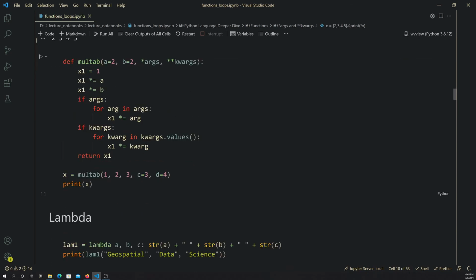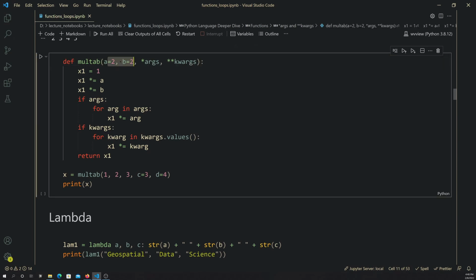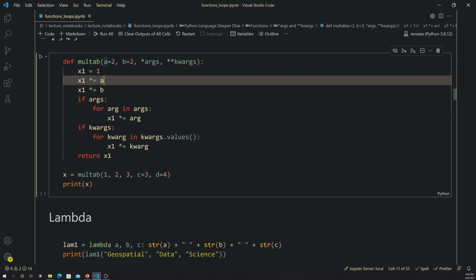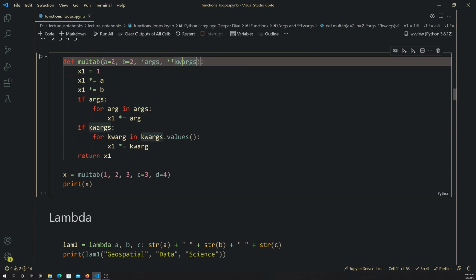So let's say, for example, you want maximum flexibility. You want to be able to include both arguments that don't have keys associated and arguments that do have keys associated, and then also maybe some default values or some included arguments. So here I basically have A and B defined as variables. Then this can also accept some args, so it's going to be values without keys associated, and then some kwargs. When you do this, you're supposed to put the args before the kwargs, and the same thing when you actually